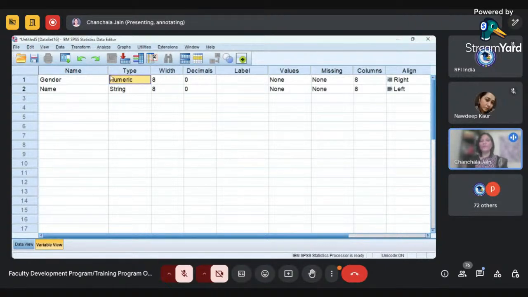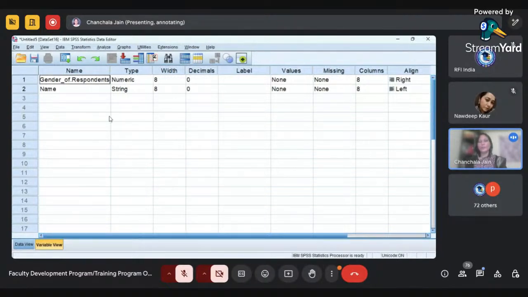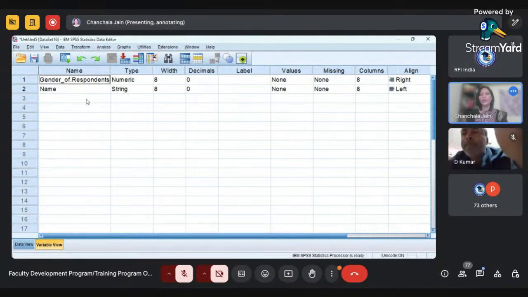Meaning is that if you want to define the name of your variable using more than one word, in that case, you need to use either the underscore or the period, that is a dot sign. Both the things I have taken here to show you: at both the places you can use underscore, or at both the places you can use the period sign also. There is no problem.